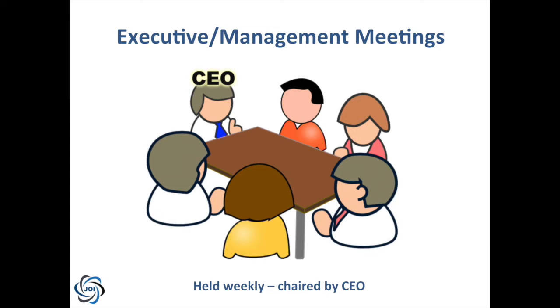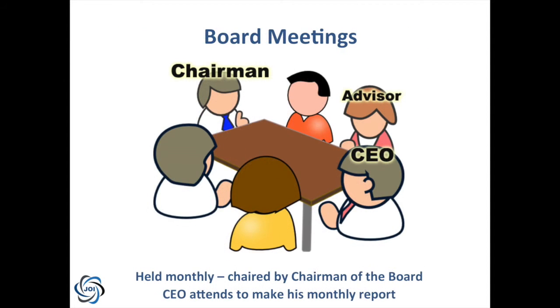In all of these roles, they must be carried out actively. So you can't just be an executive by name. You really have to hold management meetings, and these ought to be held once a week with your team. And your team could be yourself and even some assistants, online assistants, or one or two other people. But you need to bring your team together at least once a week to let them know what's happening, where you're going, what your strategy is, and how you're going to get there.